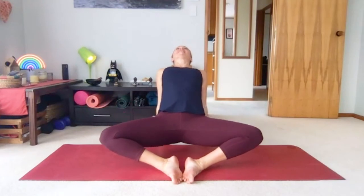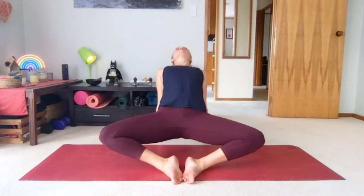Soles of the feet together with knees wide. Loop the shoulders up, back and down. Plant your hands, lift your chest proud, push the knees down and out. Feel the shoulder blades moving towards each other. If you want to take this higher, you could float your hips off the ground. Keep powering down into the hands and trying to lift the chest proud of the shoulders. Stay for one more breath